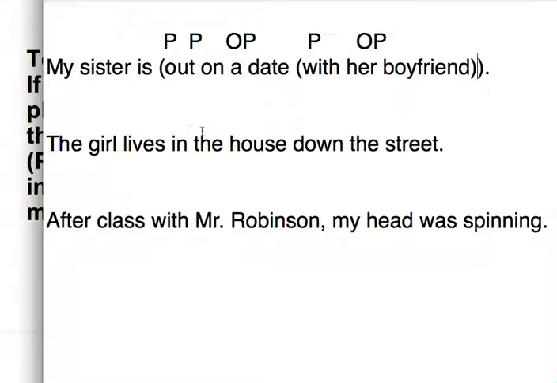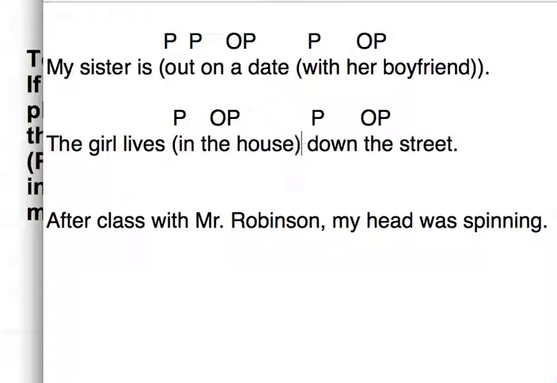Let me give you another one. The girl lives in the house down the street. Okay, first preposition is in, right? What does she live in? The house down the street. I could say that this whole thing is, in a way, the OP for the question of what the girl lives in, right? But we can say that within that there's another preposition, down, okay? So there's another preposition, down what? Down the street. So again, if it makes more sense to us, we can analyze this as this is a prepositional phrase, this is a prepositional phrase,